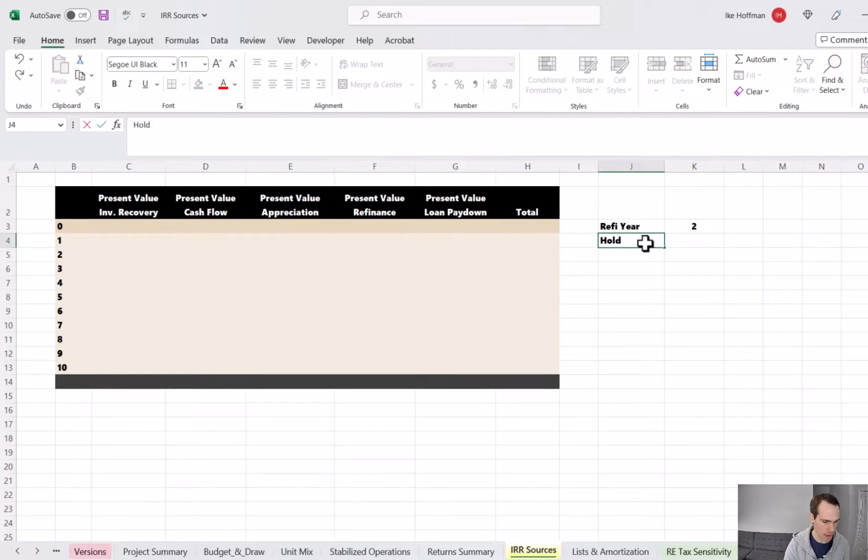For our hold period, this is going to be a manual input. So we're going to start with a 10-year hold, but we want to be able to adjust this and see how it affects IRR sources. And then finally, we need to grab the IRR from the return summary tab. So to do that, we'll do another SUMIF,